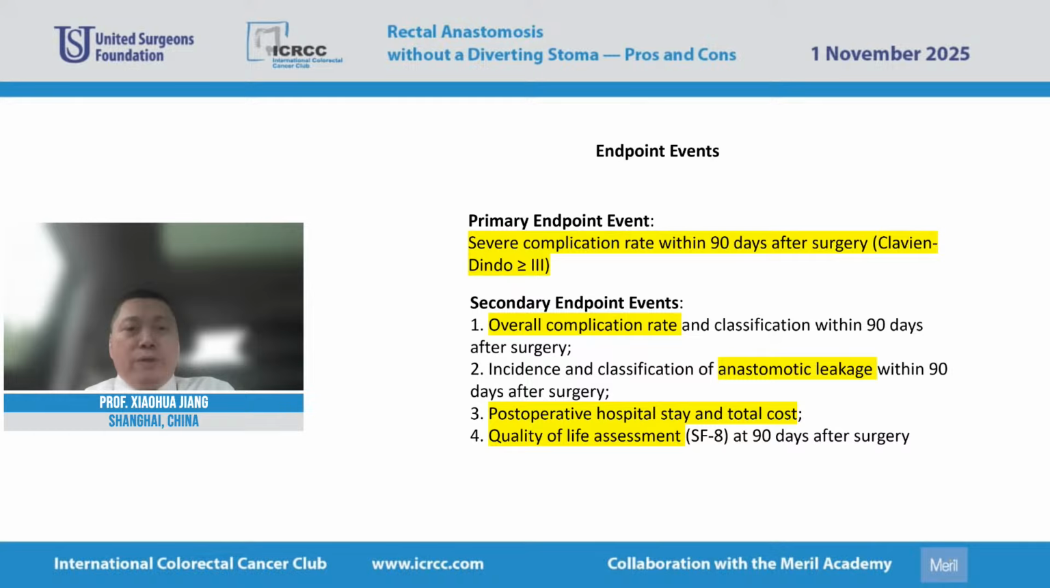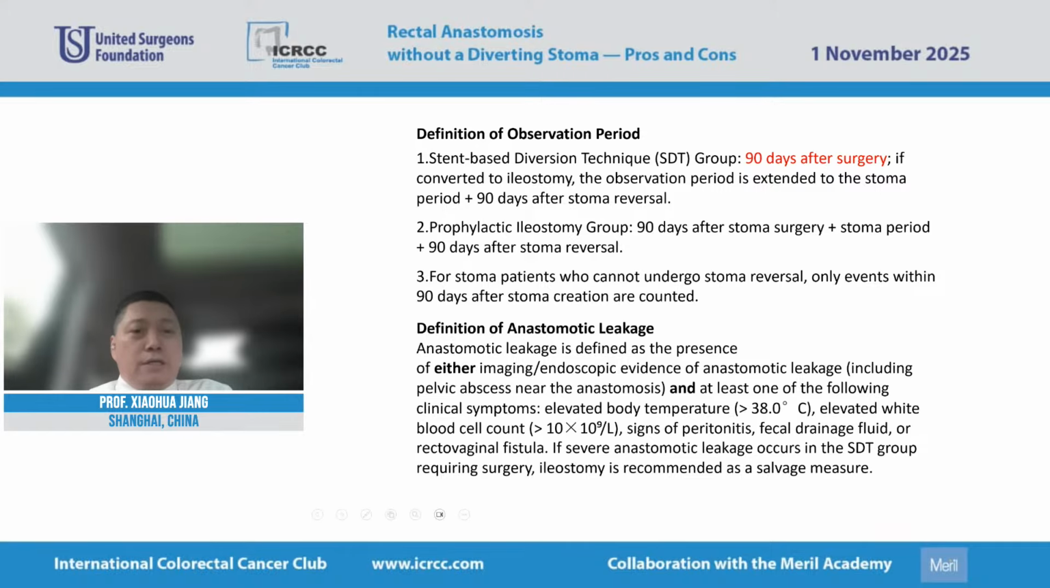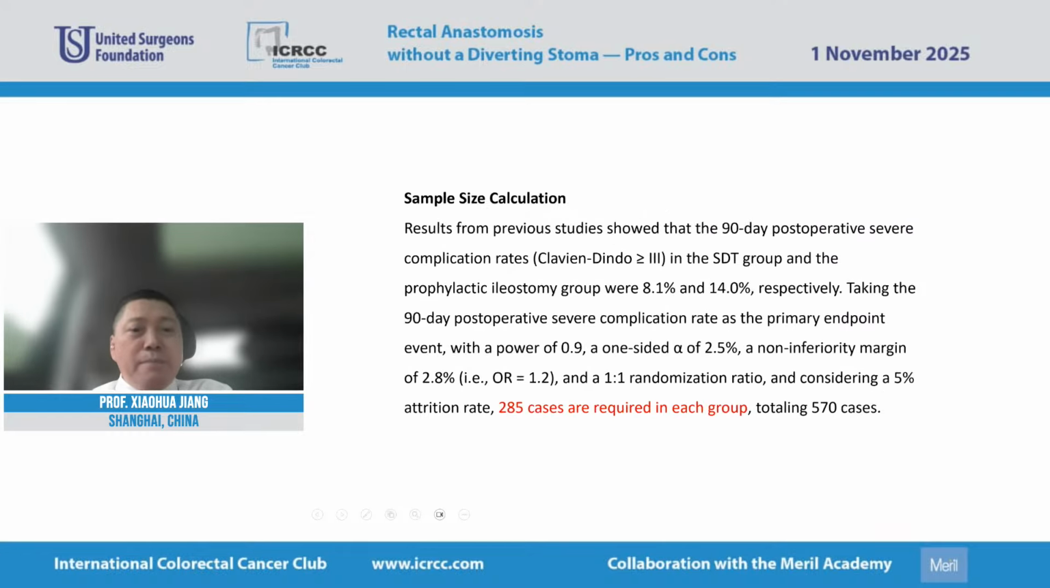So the primary endpoint is the severe complication rate within 19 days after surgery, more than Clavien-Dindo 3. And the secondary endpoint includes overall complication rate, the anastomotic leak, the post-operative hospital stay and the total cost, and also the quality of life using SF-8 at 9 days after surgery. So the observation period is 19 days after surgery, and the sample size is